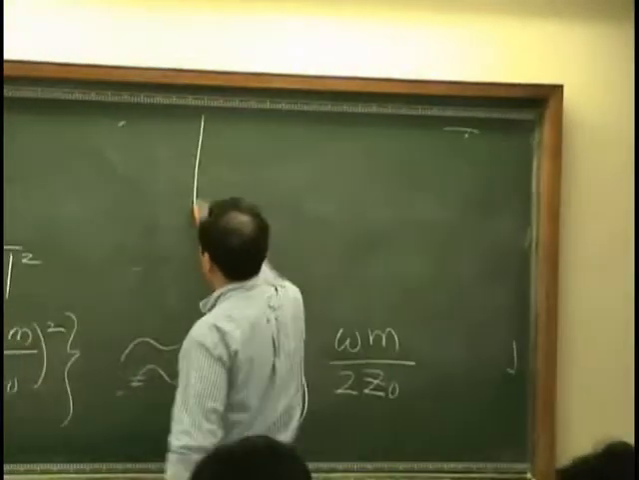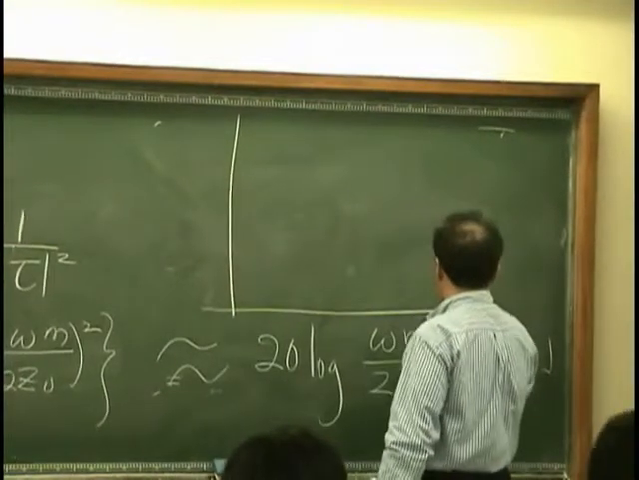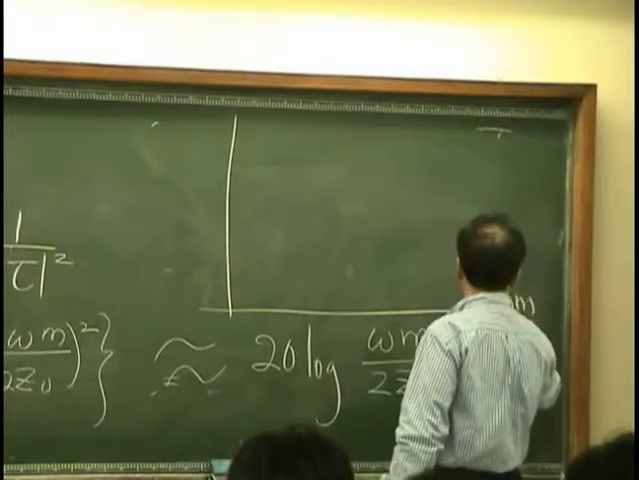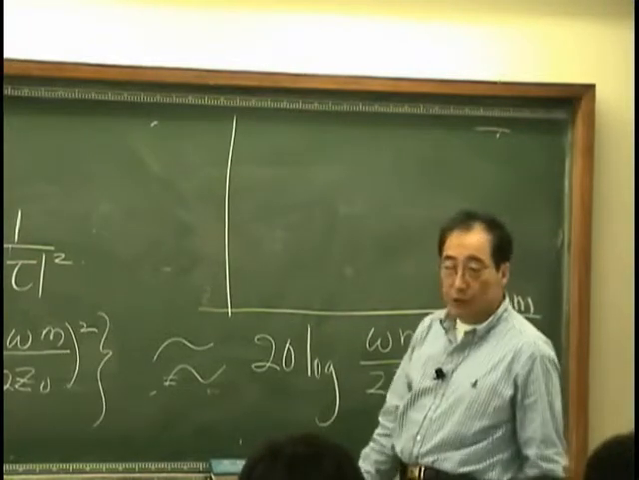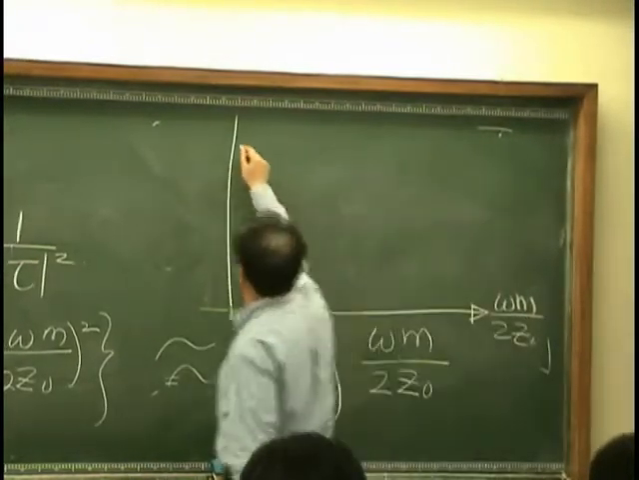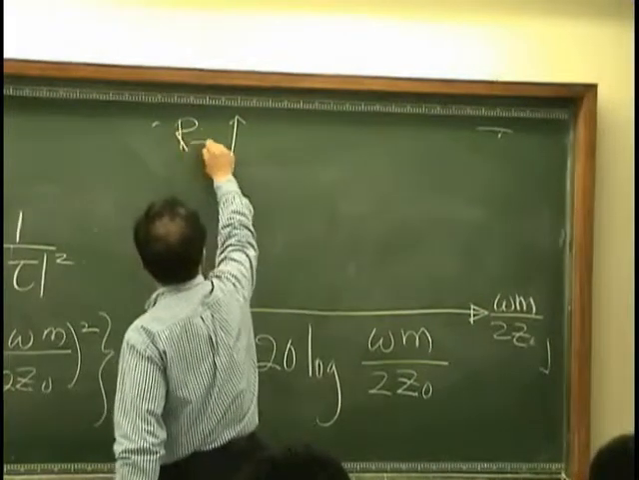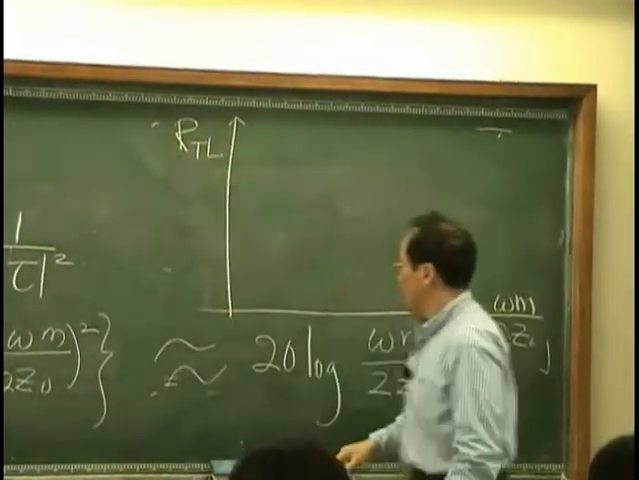And if I draw this result with respect to omega m over 2z0 as the x-axis and transmission loss, that means